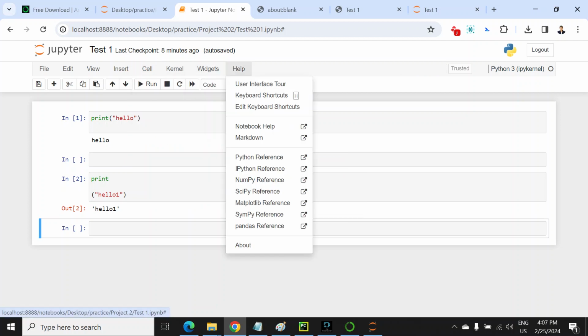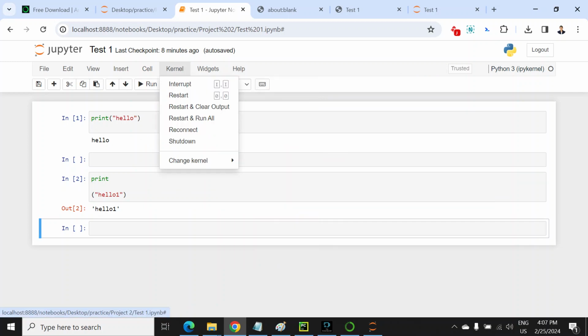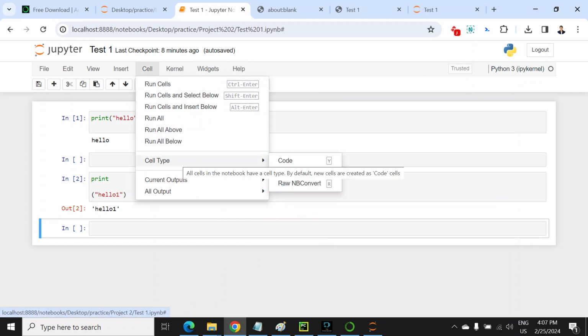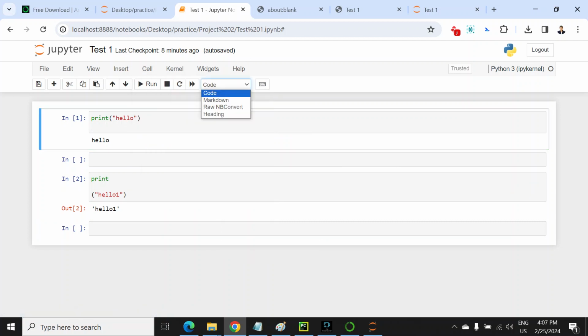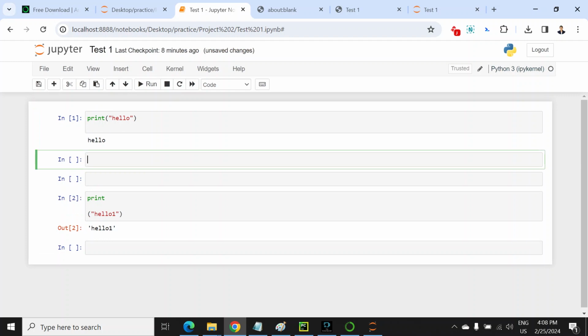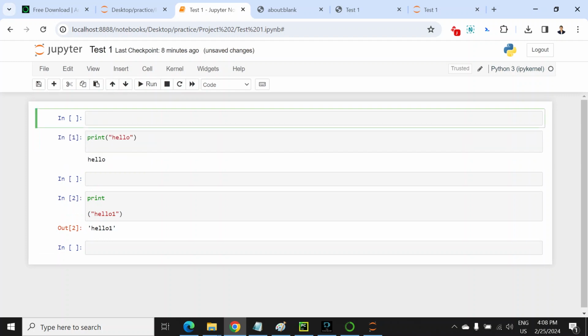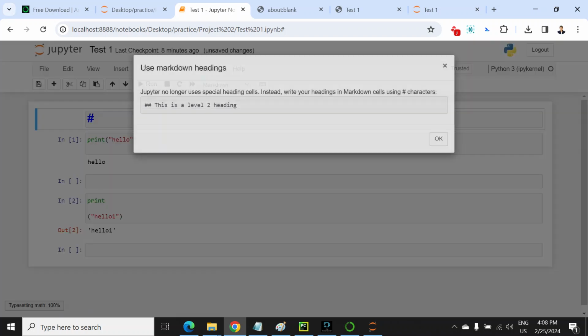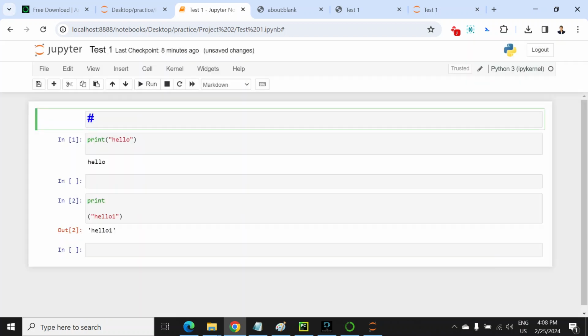Okay, then one more option is code, markdown, and row and view convert. So these options are also available here. How do they work? Suppose I want to use a heading, so I will create a cell and send it here. Here I want to use a heading. By default it takes code. I will use heading here. So this is a level 2 heading. If you use one hash, this is a level 1 heading,